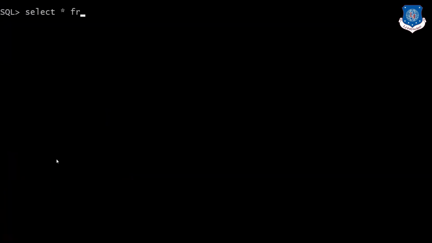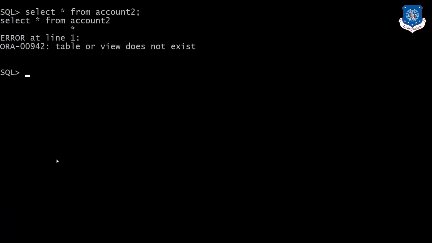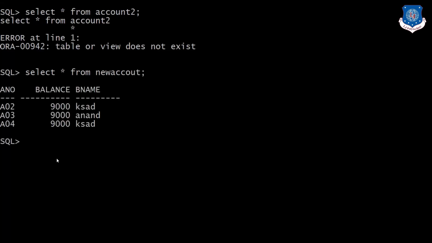Select star from account2. As I have renamed the table, select star from new account. So as I have renamed account2 to new account, it will rename the table.